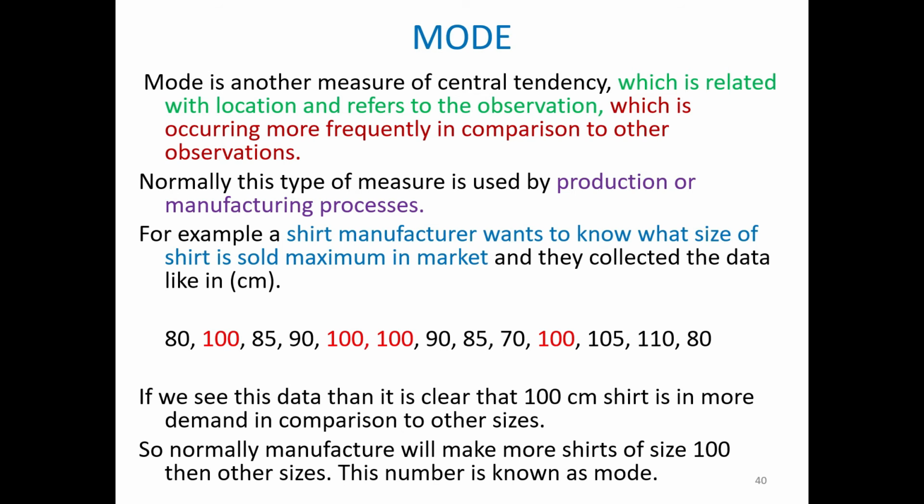He is not stopping the other sizes also. It does not mean that he will not build them. He will also make shirts of other sizes, but more shirts will be of 100 centimeter. It should not be that he is making 1000 shirts of size 100, so he will also make 1000 of size 80. No, he will make a differentiation. How many of size 80, how many of 100, according to the proportion, according to the demand. So when he computes the mode, then he can calculate.